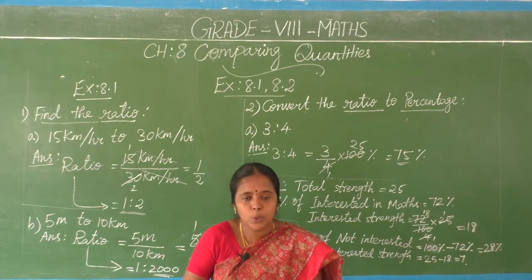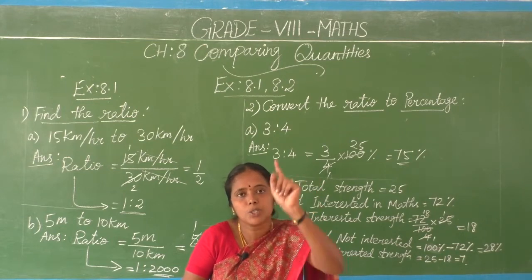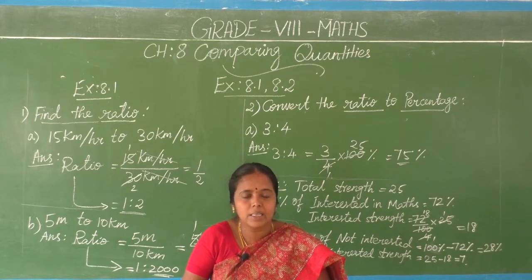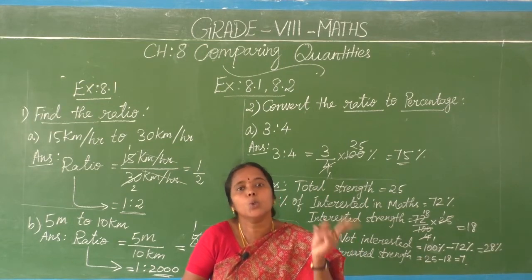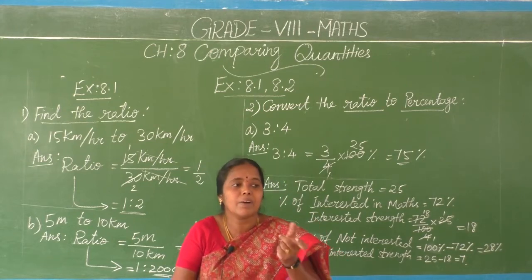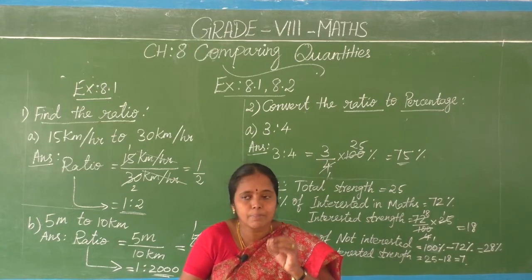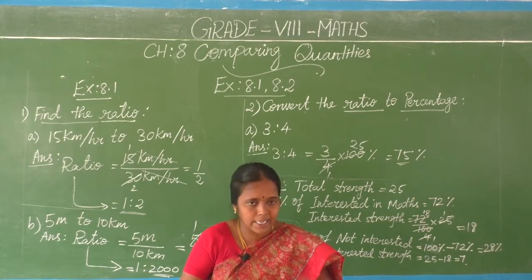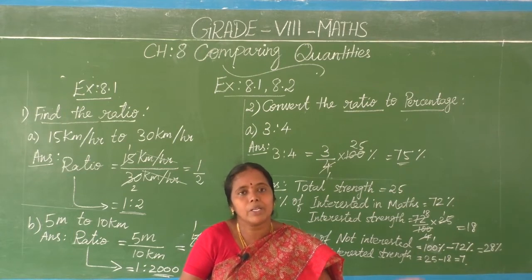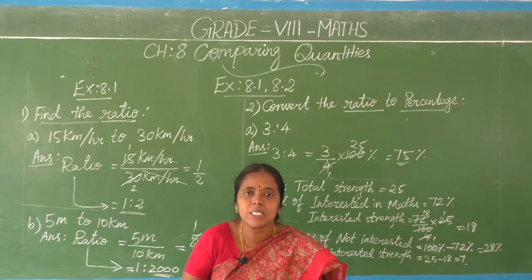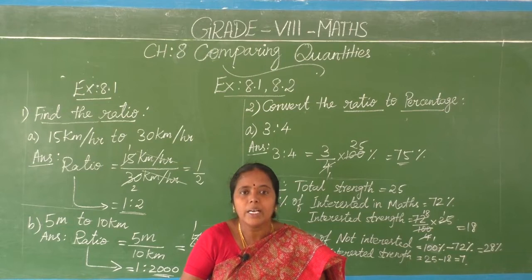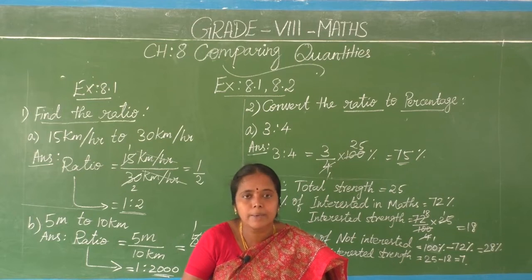Here 20 marks, there 40 marks. If you simplify, what comes? 2 by 1. Yes or no? So comparing Geeta's marks, Rekha's marks were 2 times greater. So we tell the number of times. In this basis only you can give the answer. In comparison by division, we can't get the difference accurately. Instead of telling the answer directly, we use the words number of times, how many times it represents. This method, comparison by division, is called ratio.